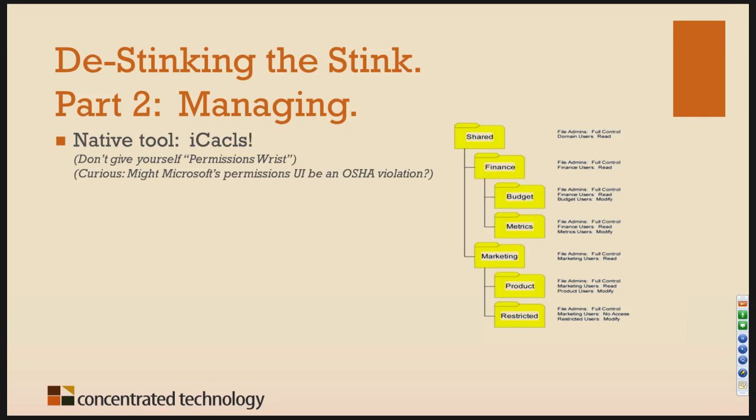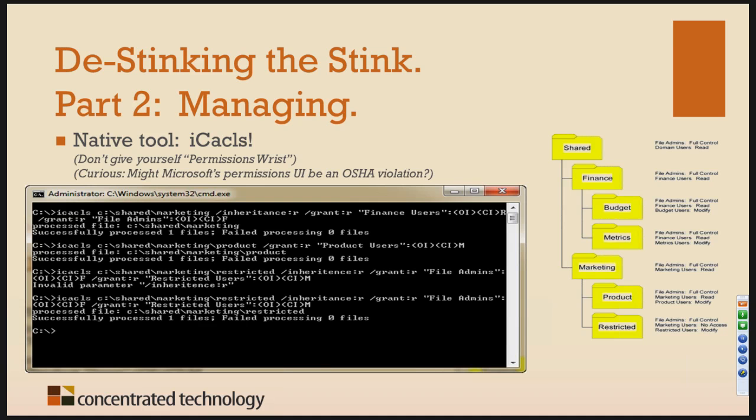And let's say that I have a series of folders here. Your classic shared drive. And on the shared drive, I've got a finance subfolder, I've got a marketing subfolder, and subordinate to that some other folders like budgets and metrics, and I've got this restricted folder down there that I have to be careful of. Now, if I use iCacls, there's a relatively complex series of commands that are necessary in order to